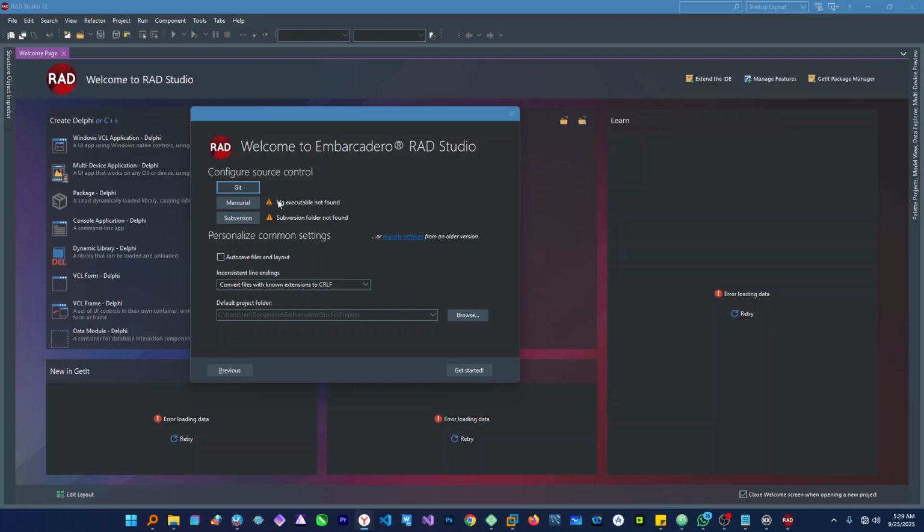Okay guys, so for some reason you have this error, hg executable not found. I'm gonna show you how to resolve this, and let's jump in. To resolve this, what you want to do is go to